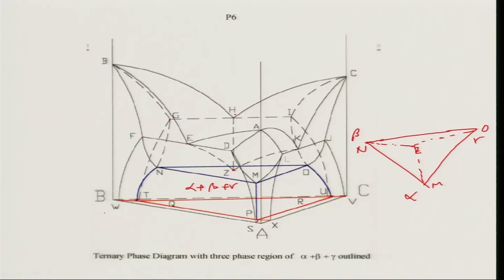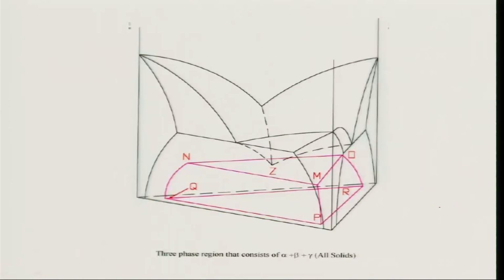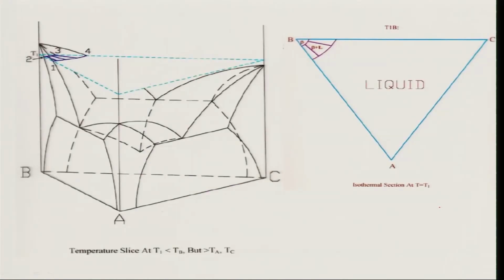So, it looks like this and this. This is how it will look. So, this is the alpha plus beta plus gamma surface. Okay, I think I should go back to the board and draw it and show you now, otherwise it will not be clear to you. And while doing that, I am going to use